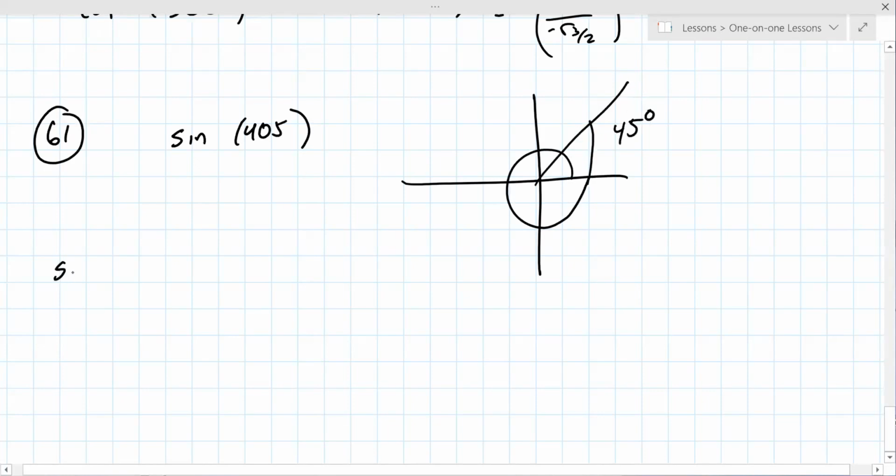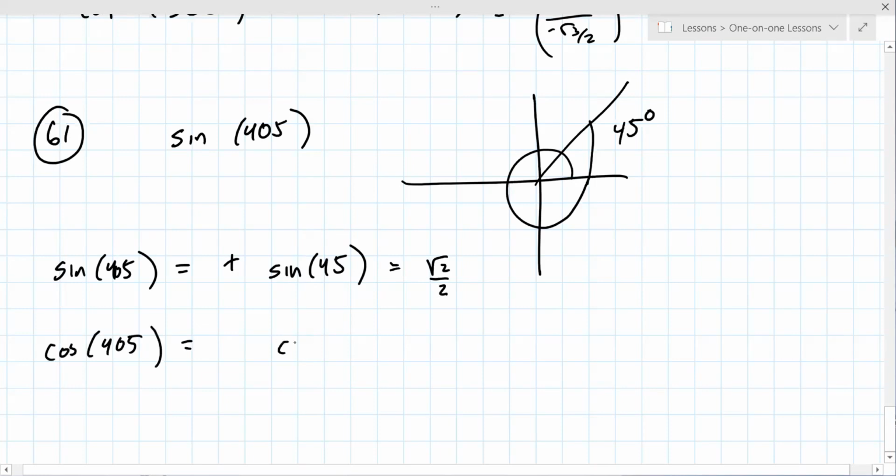Okay. So the sine of 405 is like finding the sine of 45. Now this one's not great because it's in the first quadrant, so everything is positive. So the sine of 45 is the square root of 2 over 2. The cosine of 405 is like finding the cosine of 45 because that's its reference angle in the first quadrant, and it too is positive, so it's the square root of 2 over 2. The tangent of 45